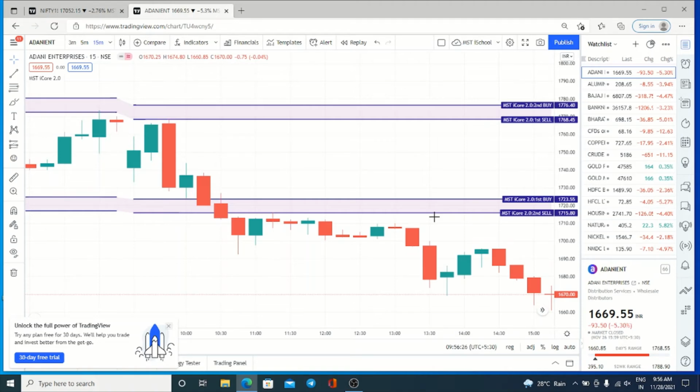If buy activated, there is no sell. If sell activated, there is no buy. If SL hit, we have to take double lot in the reverse entry and book the profit at the first target if we are a small trader. If you want to catch the maximum movement of the market, then you can keep revising stop loss and book the profit in every target. That's all. This is very simple. So this is how we have to trade using our MST iCore 2.0 basic version.